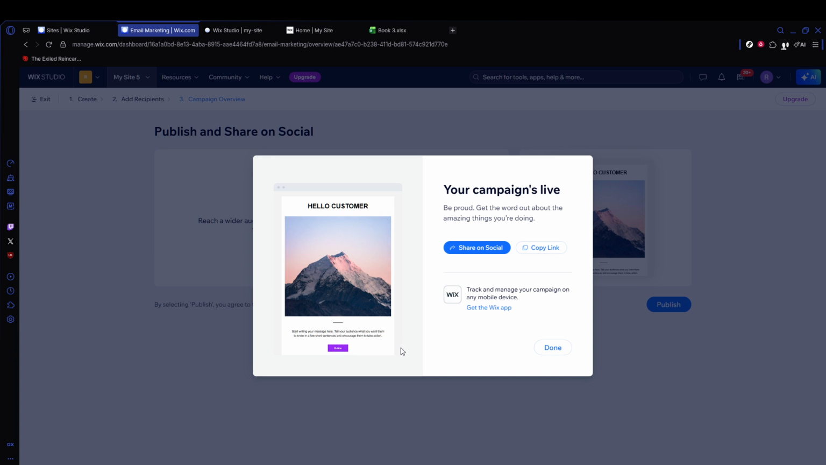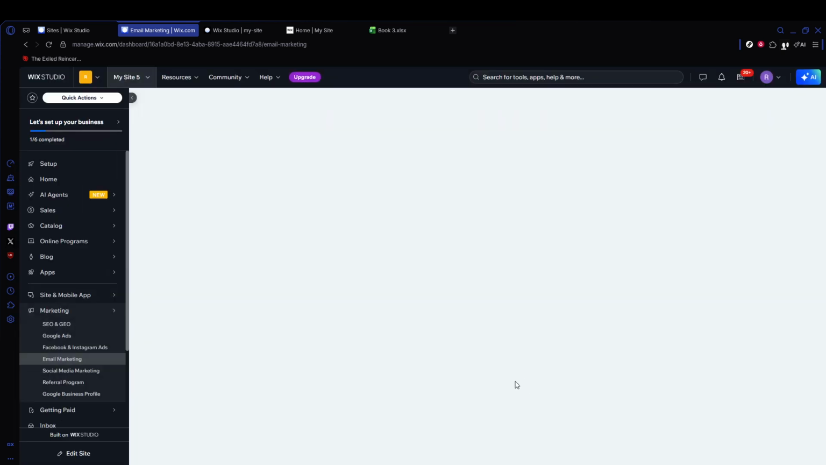When you're happy with it, choose Schedule. Select the date and time that best suits your audience and confirm to save the schedule. Finally, save your work for reuse by selecting Save or